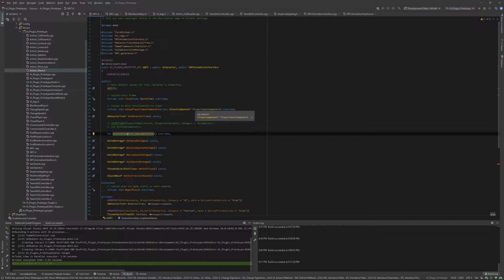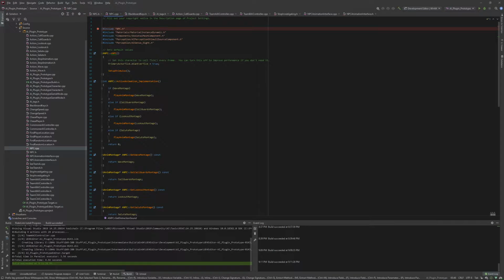Things I picked up and learned: I've created AI controllers from scratch. I created behavior tree tasks, behavior tree services, and implemented an animation interface for the NPCs. I created the NPC character class from scratch.